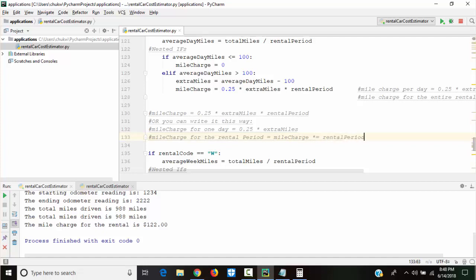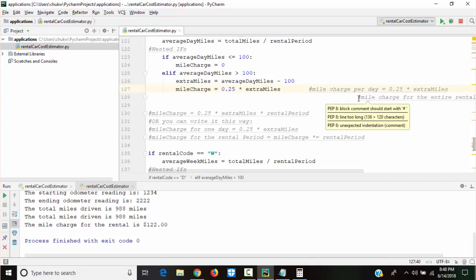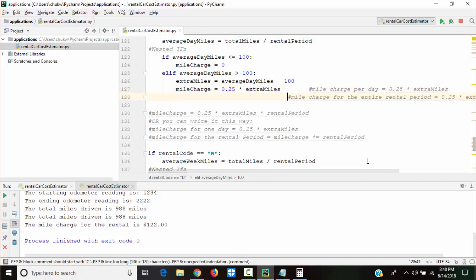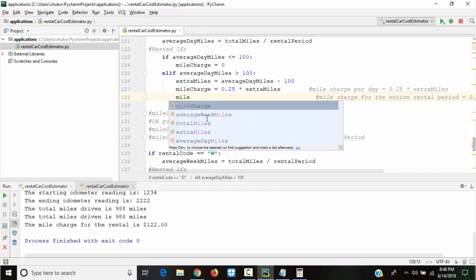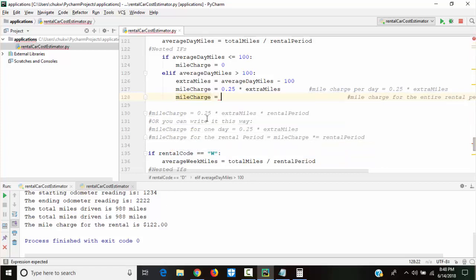I'm going to remove this here, folks, because it's mileCharge per day. I've put it in comments so you can write it either way. But this is what I want to teach you now.